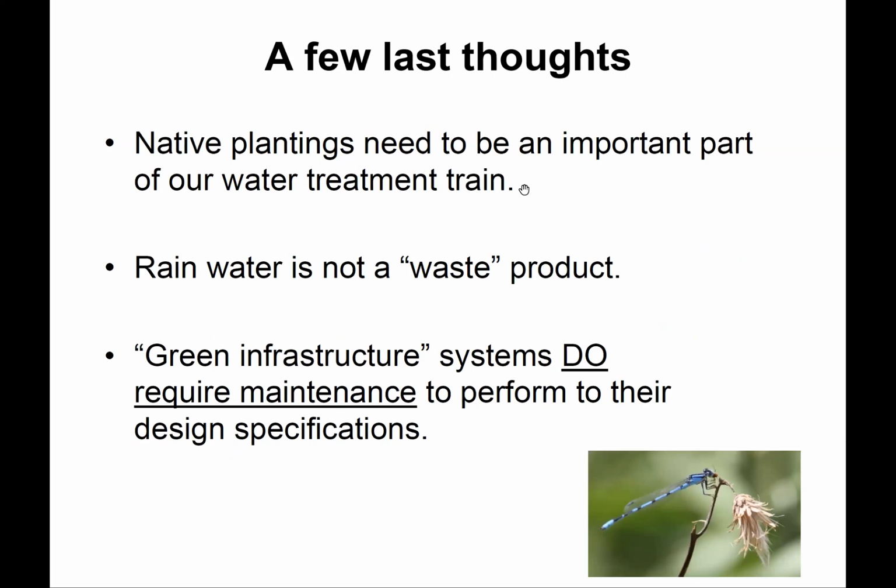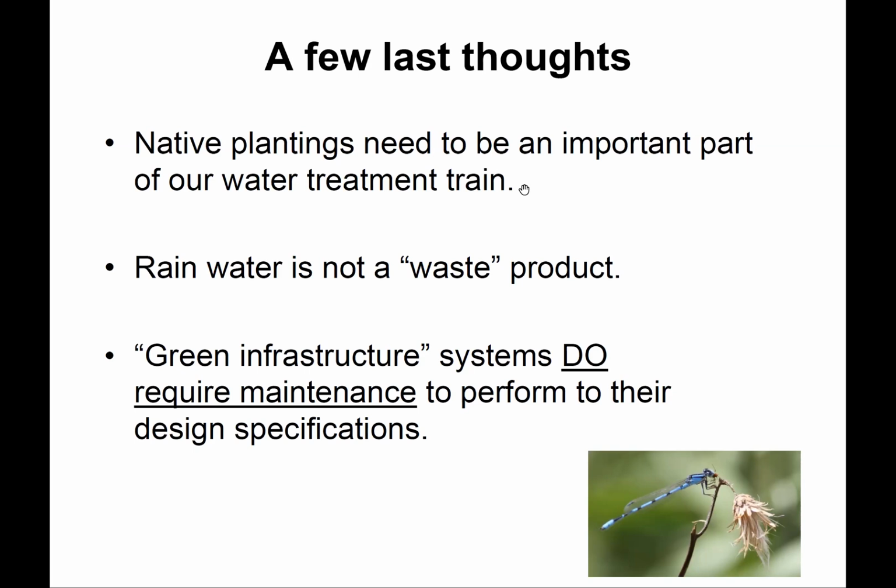Native plantings need to be an important part of our water treatment training. They're not the answer in themselves, but they're an important part of that. Second thing is that water is not a waste product, right? Only 3% of the world has fresh water, and only 1% of that water is potable. Rainwater is clean, so we ought not to treat it as a waste product. It's not to be collected, fed through pipes, and flushed downstream to flood out our neighbors. We each need to be responsible to take care of that water where it falls on our properties,